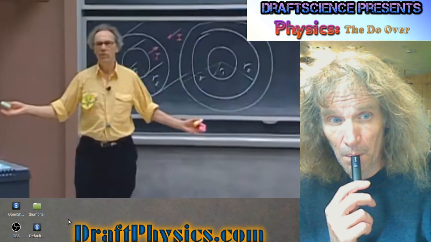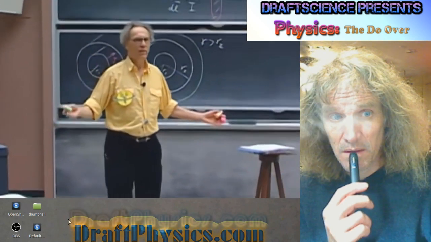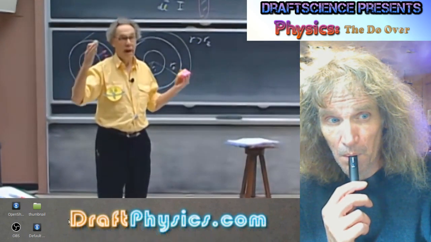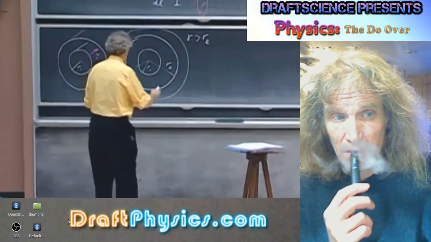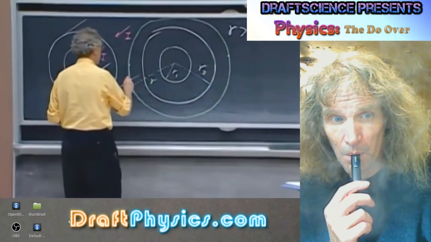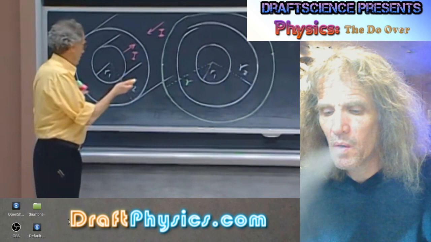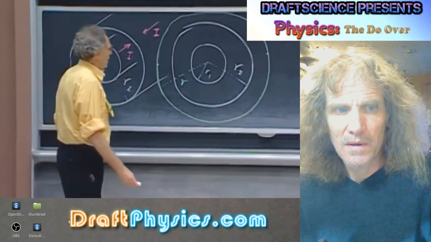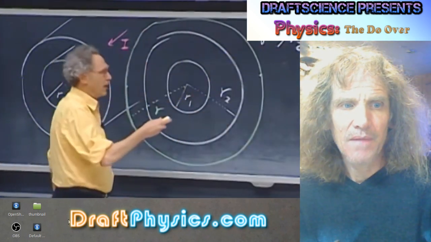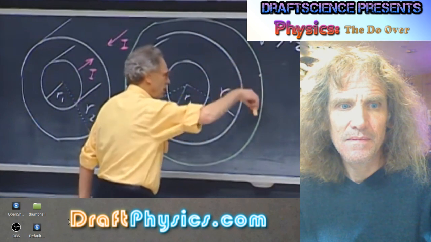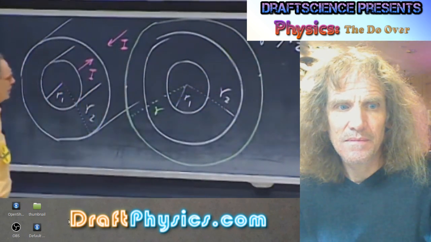You use the symmetry argument. Whatever the magnetic field is at that distance r, little r, it must be the same everywhere. It cannot be any different here in terms of magnitude than there because of the symmetry of the problem. We have cylindrical symmetry. We also know that if there is any magnetic field, it is going to be tangential, either in this direction or in that direction.